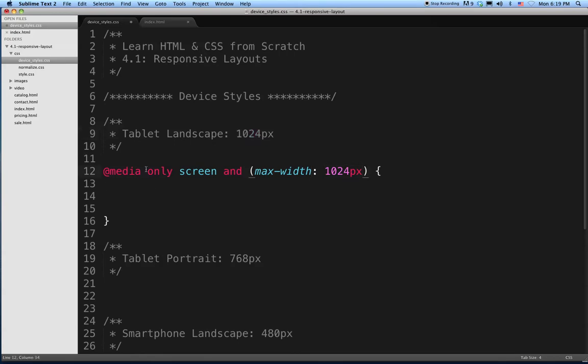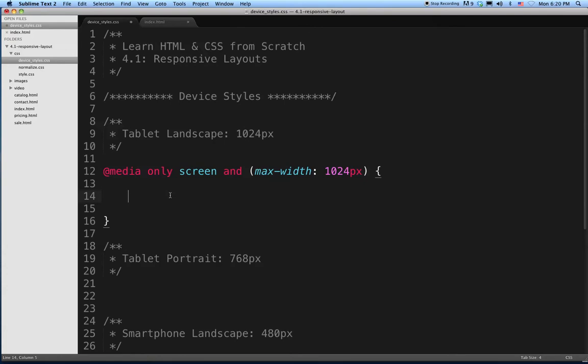Okay, so we've said @media only screen devices, and also where that screen device has no more than a width of 1024 pixels. Now if this is true and that's true, it's actually going to run the code here that we write here. So we can just start writing normal CSS code here in between this opening and closing curly brace for this media query, and that code will run when this statement, the full statement here, is true. Now if either side of this is false, if this is false, it's not a screen device, or if it is a screen device and this is false, it's actually larger than 1024 pixels, it will not run the code